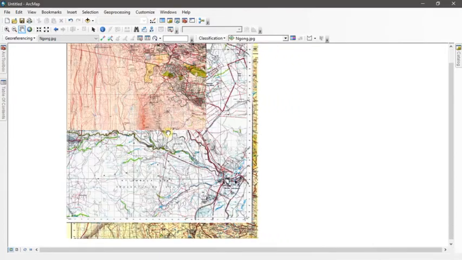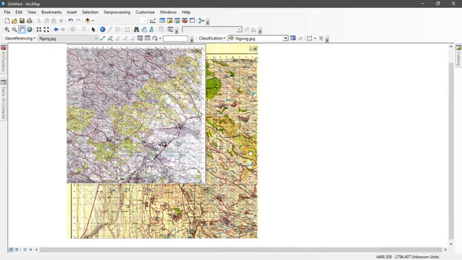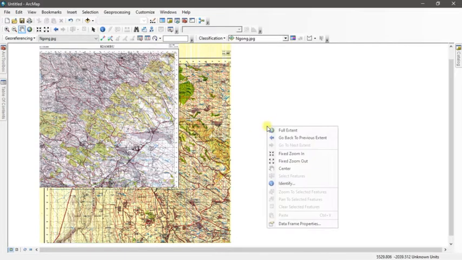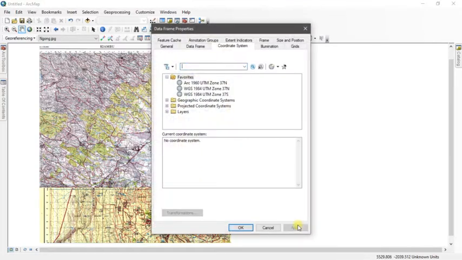So the first step that you want to do is you want to set the projection of the map, okay? Because you want all of the maps that you're having to be in the same projection. So to change or to set projection, when in the working space, you can right click, then data frame properties.